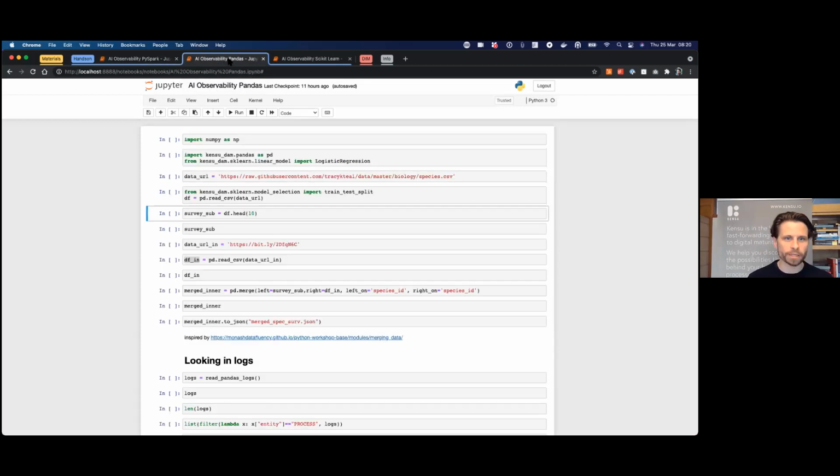Pandas, I promised Pandas and scikit-learn, right? Pandas, you know it also, I believe, right? So it's pretty classic. Here, I'm going to do something similar. So actually, I'm going to import here. See, there is a little trick that we use there, which is you import pandas, but our pandas, the thing that we have open source, the Kensu pandas. You import it as pd, which is the classical way you import pandas, whatever, right? And from there on, you don't need to do anything.